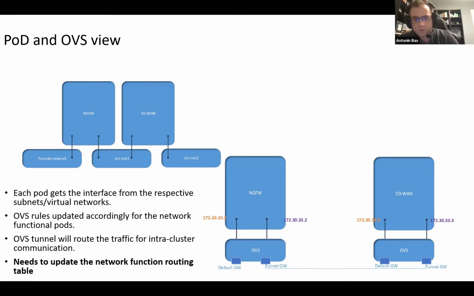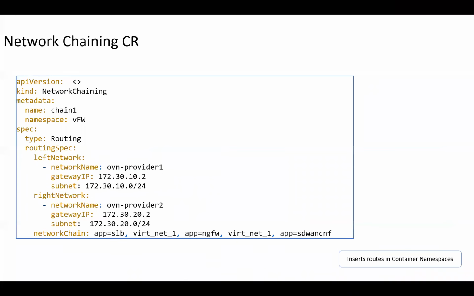I was more asking about the next-gen firewall: when it's sending packets, how does it know that SD1 was assigned the IP address 33.3 here? Yeah, that is based on the service chain, right? So this is what we see. This has to be virtualized by the controller. For example, if you take a next-gen firewall, it is part of your virtual network 1, and it is also part of your virtual network 2. Sorry for the typo, this is 2. So it is part of two different subnets, right?